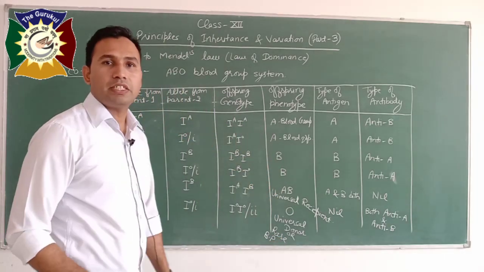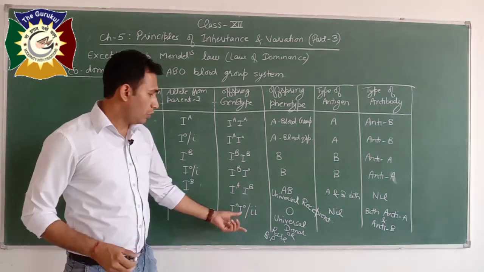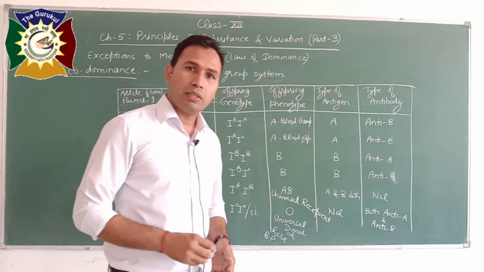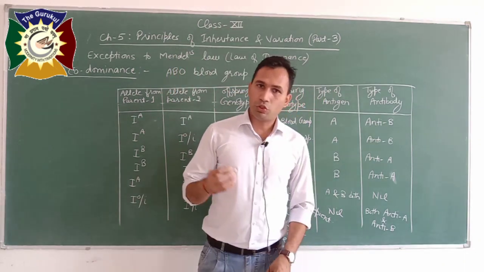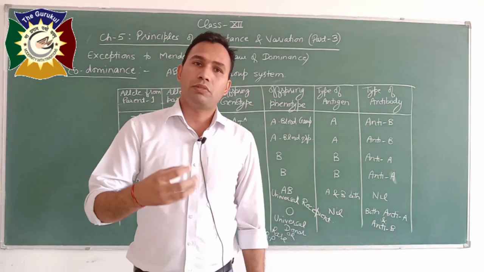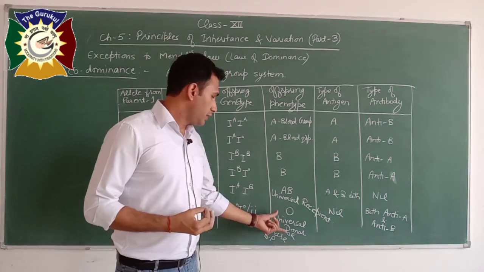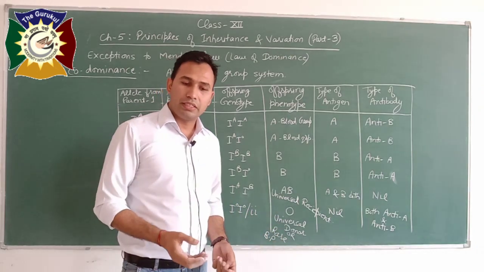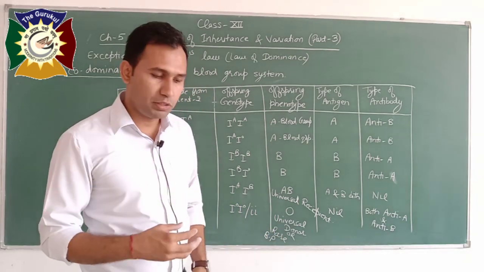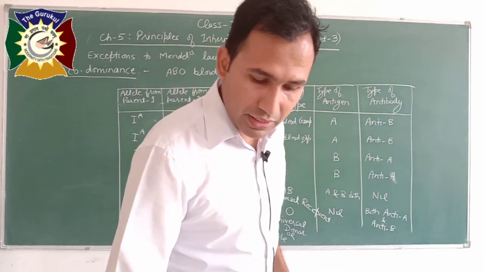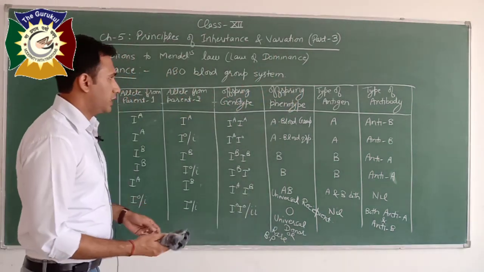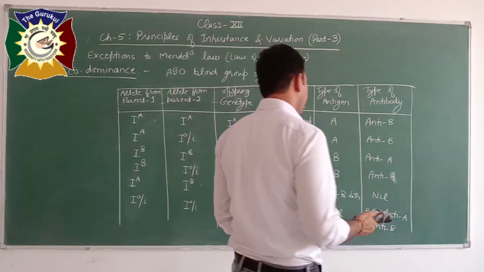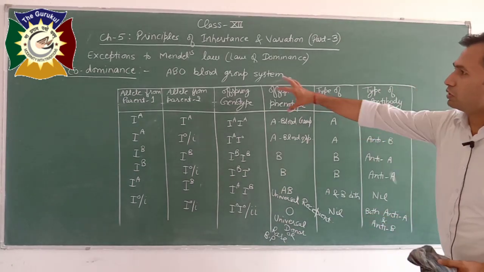Only 1% of the total Asian population has O type of blood group, that is universal donor. So most blood banks take information from the donors, and if they find the donor is of O blood group, then if there is any emergency, they can call this person and suggest him to give blood to the patient, so that the life of the patient can be saved. So this is all about codominance.